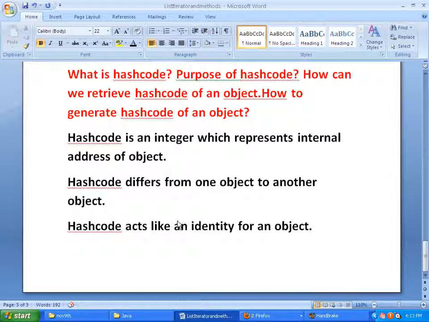So these are the important points about the hash code. Now we'll see the purpose of hash code, or when hash code of an object is used.